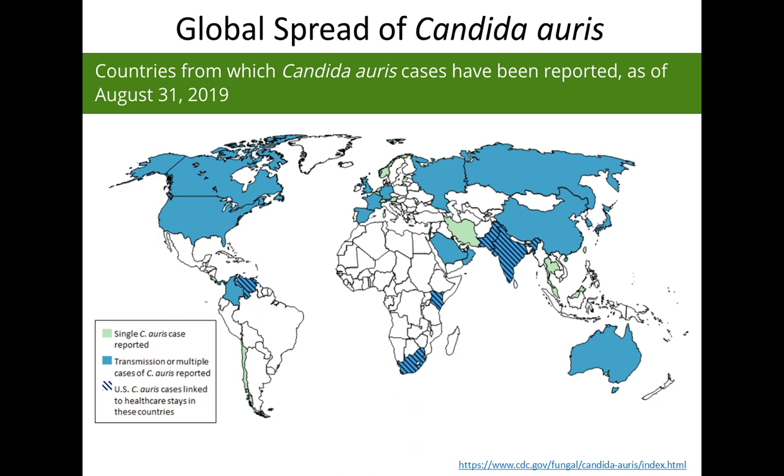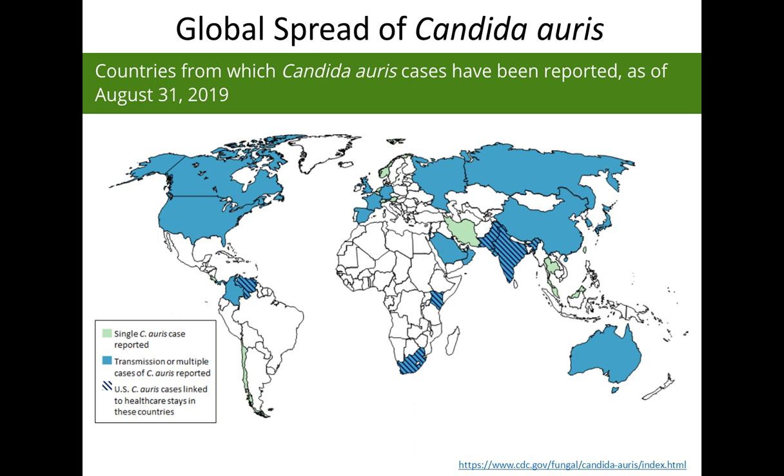So this is a map showing the countries from which Candida auris cases have been reported as of August 31st, 2019. And so what you can see, even compared to the other maps that I've shown, is that this organism continues to spread. So first, looking at the light green colored cases, these are countries where there's a single Candida auris case that's been reported. So you see this in Chile, you can see this in Turkey, you can see this in parts of Southeast Asia. And what we've seen before is that these countries that have one case quickly progress to countries that have